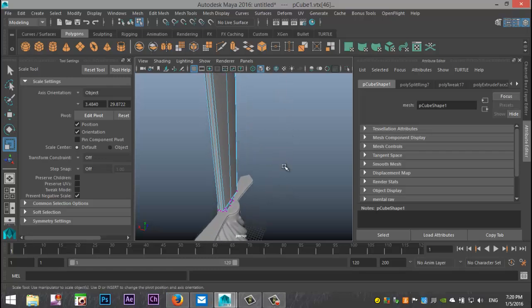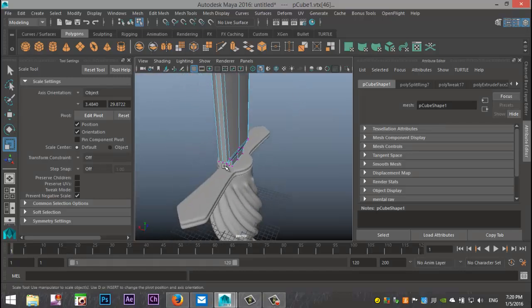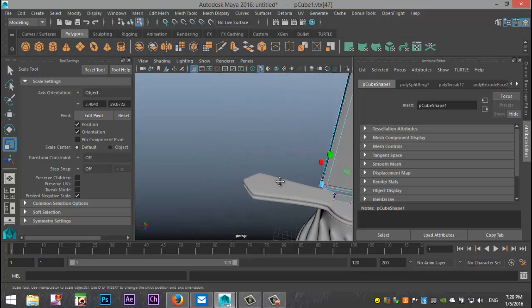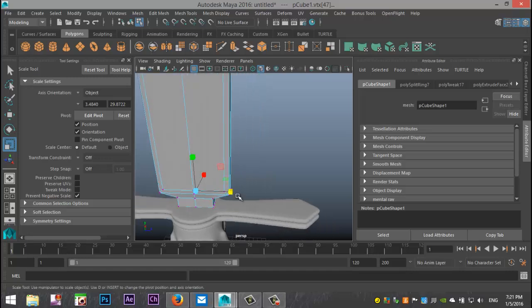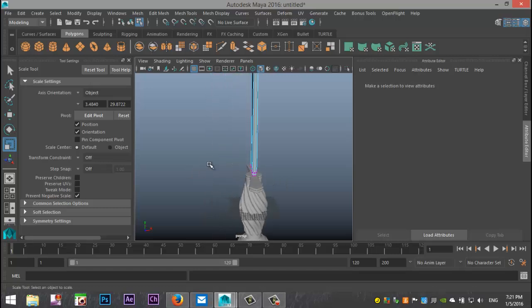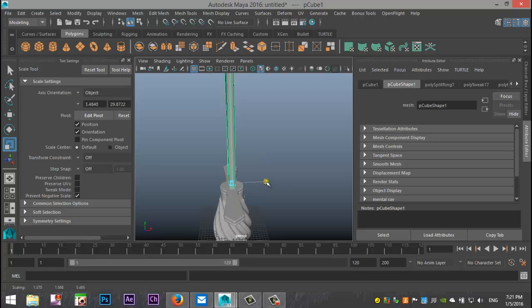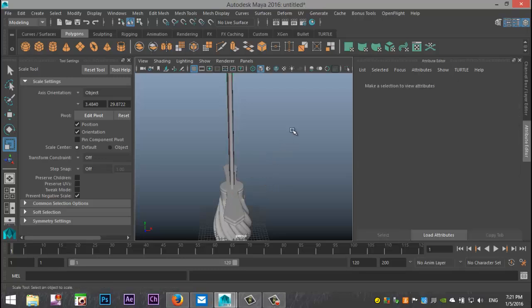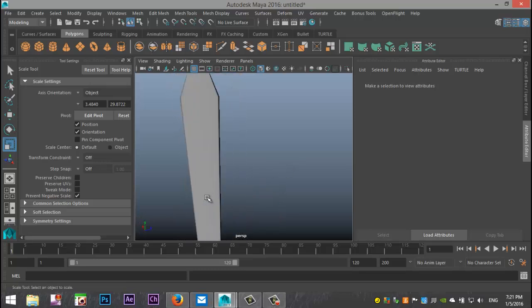Let's have a look down here. Okay, and what we're going to do down here is take that vertex and shift select that one, and we're going to do the same, just a little bit. All right, that's all good, except we now are going to right click on object mode, and hit R, and we're going to make the whole thing a bit thinner. So we're just going to push that in a little. All right,